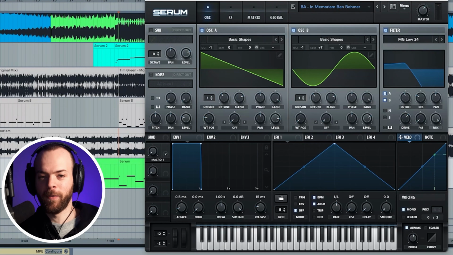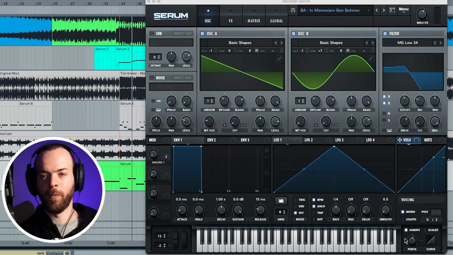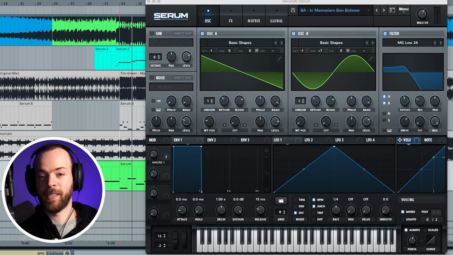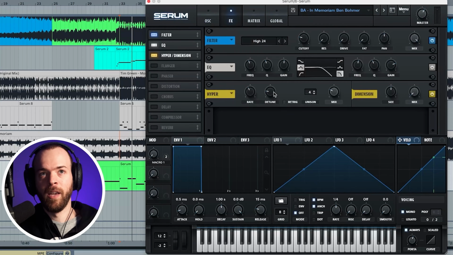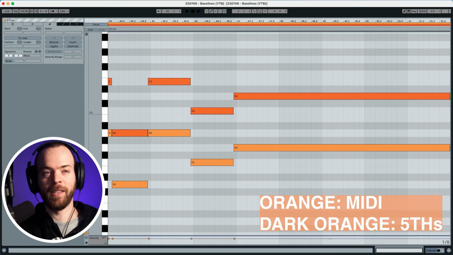First, it has a little bit of glide in the sound, which gives that. And that can be done over here in Serum with the portamento, or in Diva if you use the glide over here as well. Second, this bass is a little bit stereo, and that is something that they made over here using the hyper and dimension, or you can use the detune settings over here and the unison in your bass as well. Third, the sine wave is playing a fifth of the bass,